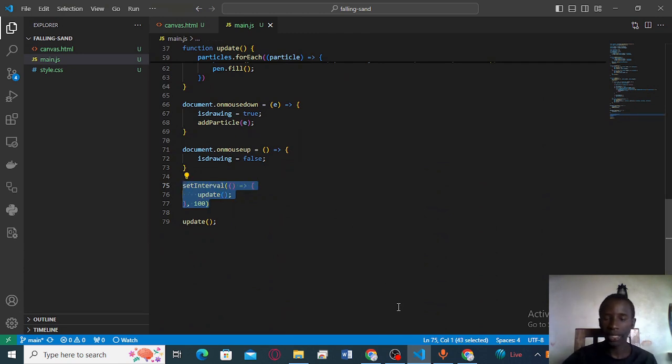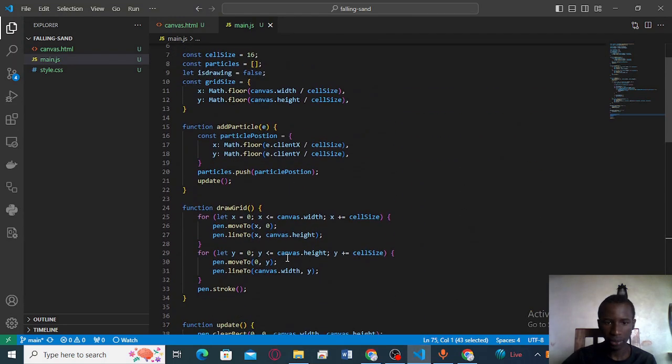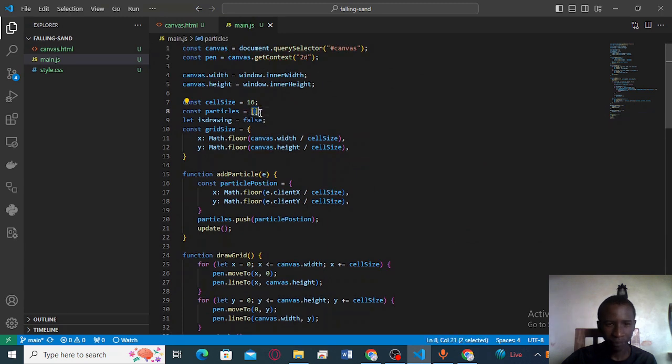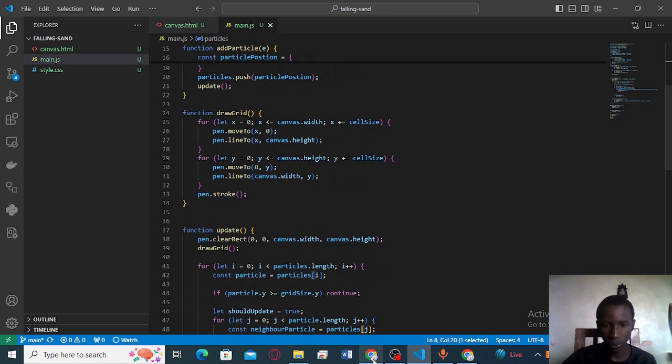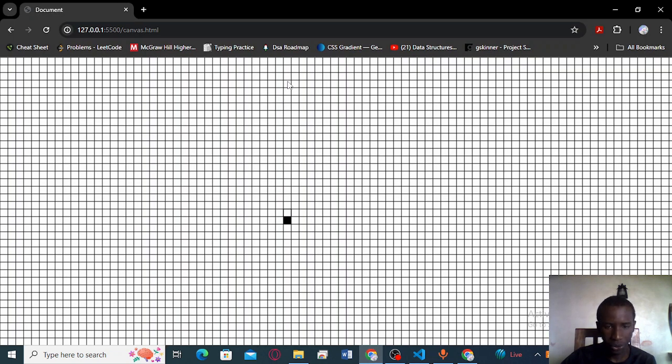That was just a minor syntax error, which would actually go out of index. It's going to look for particles that don't exist. That's why it wasn't working. So now once we press it, we should see it working well. Yep. Then we'll drop another particle and